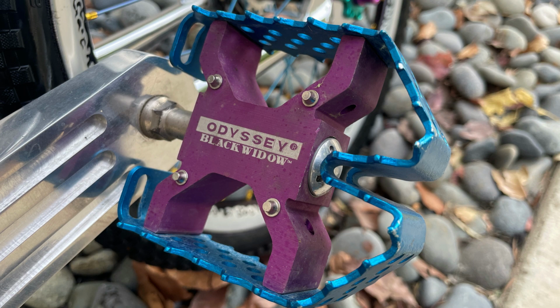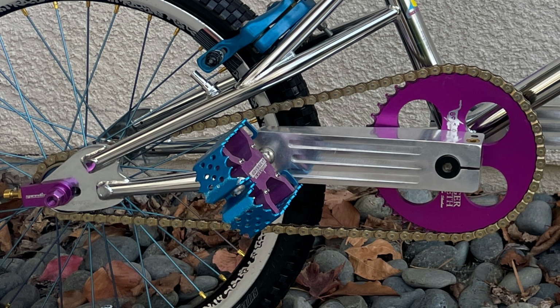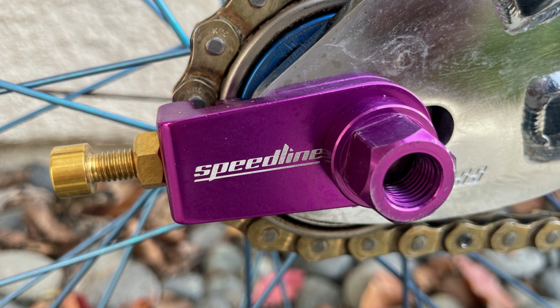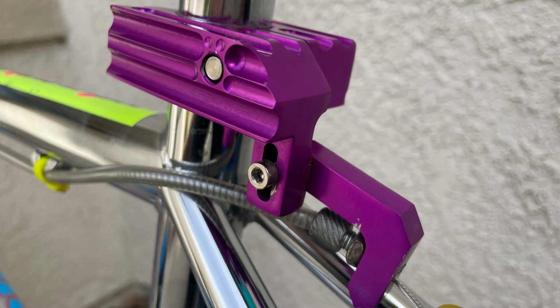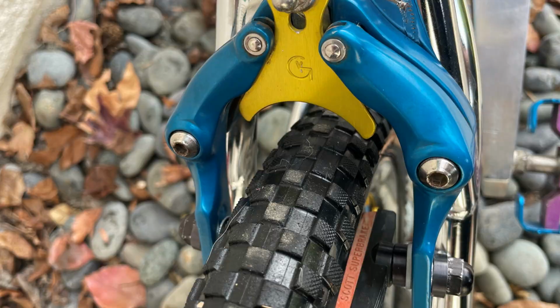Odyssey Black Widow pedals, Odyssey internal bottom bracket, KMC half-link chain, White Industries freewheel, VG Flower frame saver, Speedline chain tensioner with Speedline titanium nut and bolts, Supercross E-line plastic pivotal seat with Speedline titanium bolts. You see he's got a lot of titanium on this bike, you know, it's those little details, man, that's really important. VG seat gut clamp, chromoly seat post, iBMX router seat post clamp with titanium bolts,